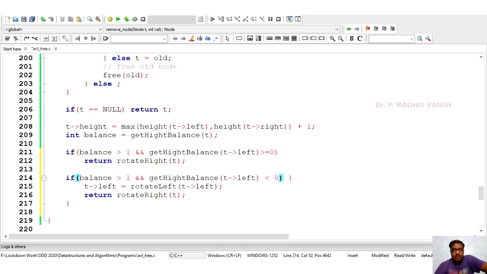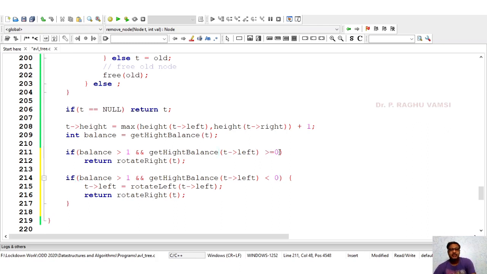So this is the thing we are supposed to perform, and the same thing we are supposed to do. That means always the left side values, left subtrees, we are supposed to take care of.